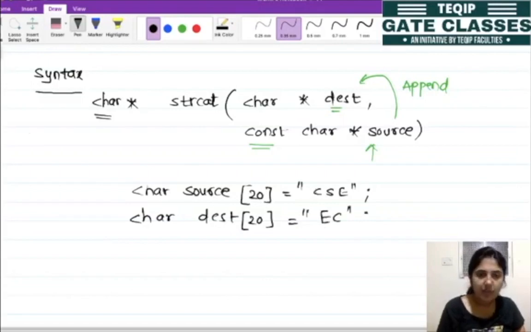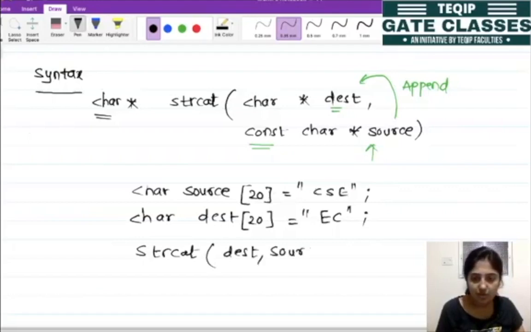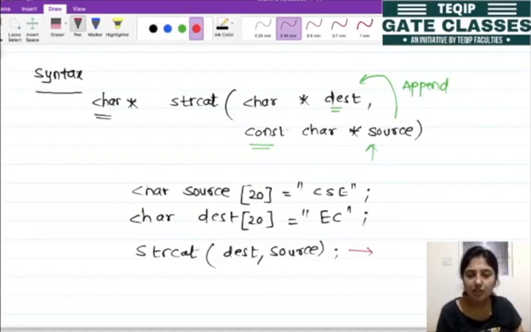So when you write strcat(destination, source) and the compiler executes this statement, we will get the output: the first is EC, right? And second is CSE. So this is the value of our destination array.